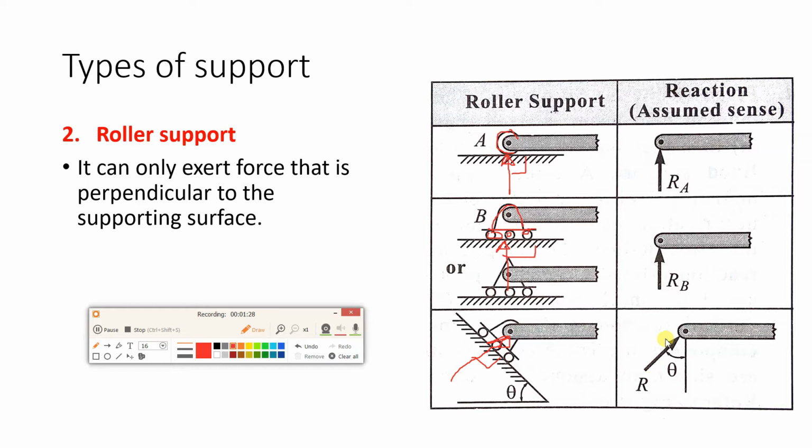Okay, now one question I'd like to ask: why is there only one reaction in the Y direction? Technically, we can give three reactions here. One reaction in the Y direction, and suppose there is also a moment here. So all three can be reactions. But in a roller support we have only one reaction, that too, for this figure, in the upward direction. Why is this? We don't have a horizontal reaction, we don't have a moment in the form of a reaction.